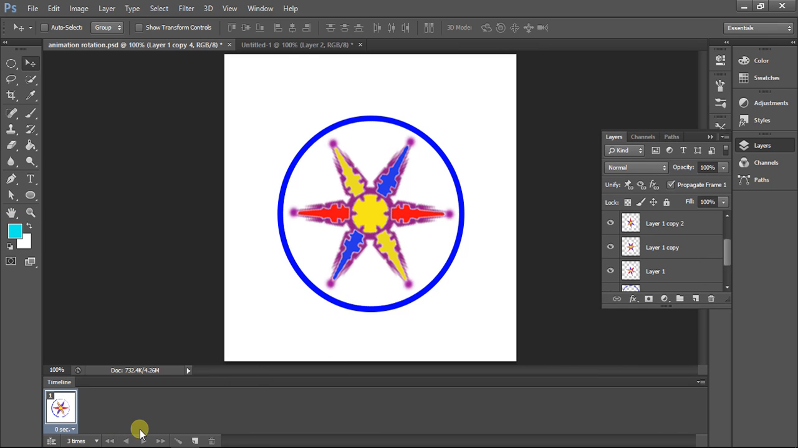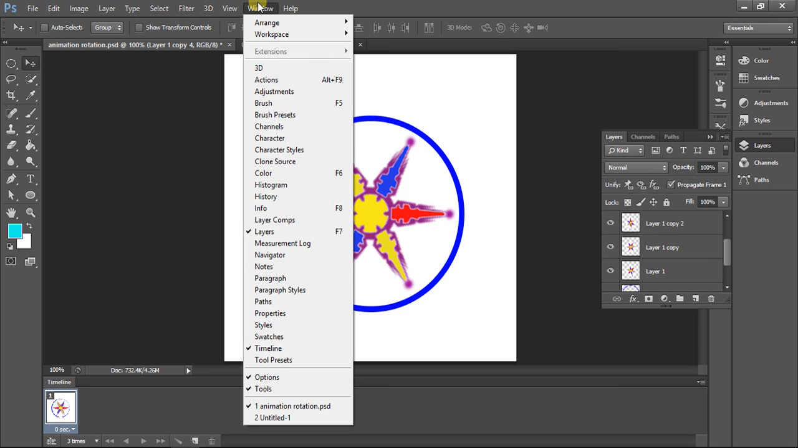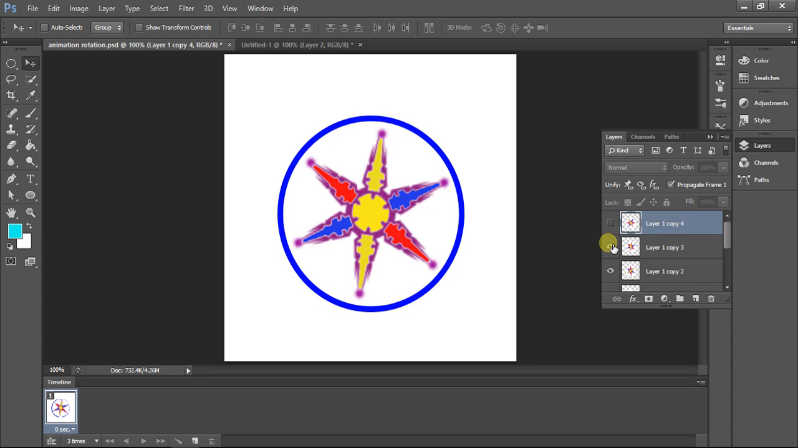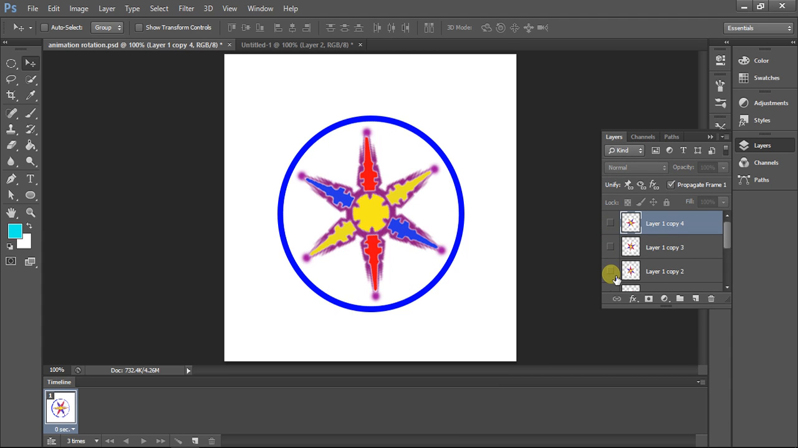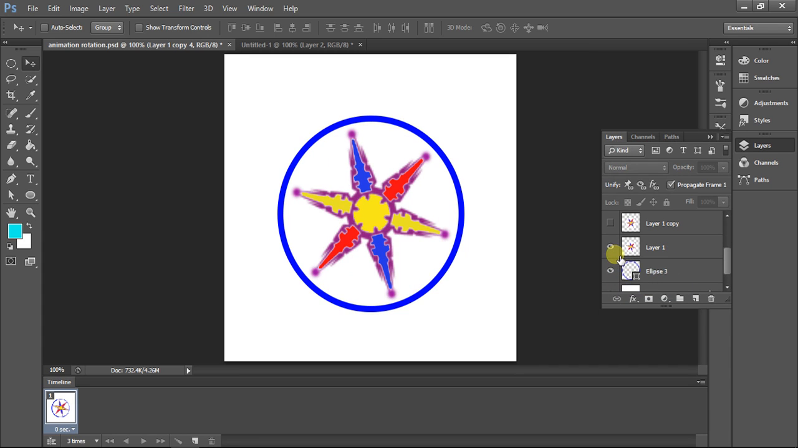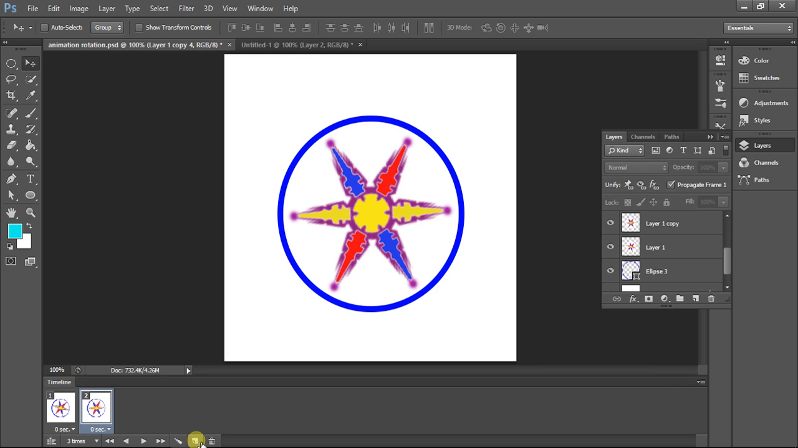In the timeline and the layer, click the icon of layer copy 4 and 2, 3, 4 and 1, and create duplicate selected frame, and click the icon on layer copy 1 and click duplicate selected frame again,